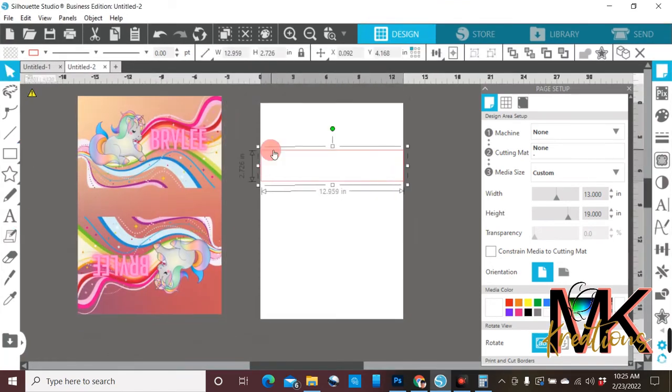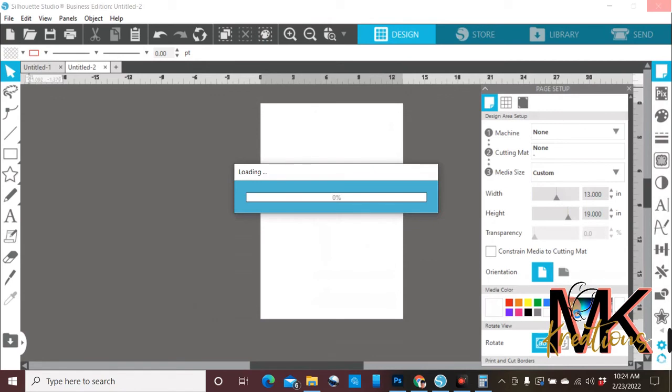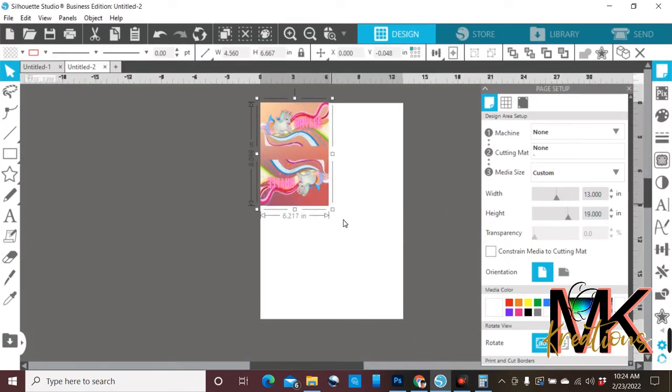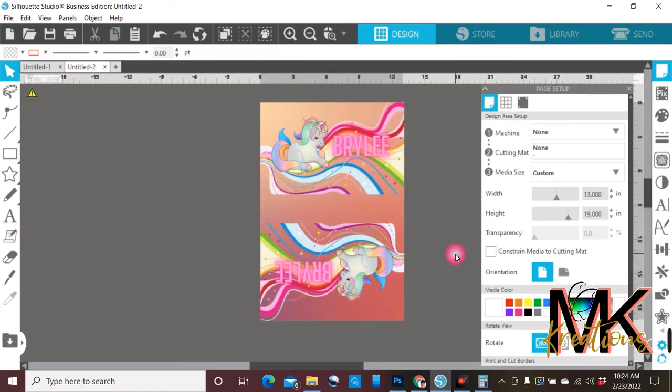I wouldn't suggest doing this with Cricut just because of print parameters for Cricut. I would just suggest you do it in the basic version of Silhouette if you can download it, because it's free. So that is